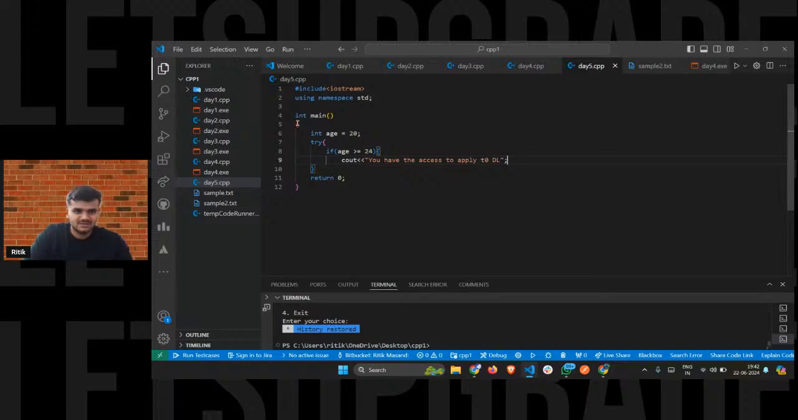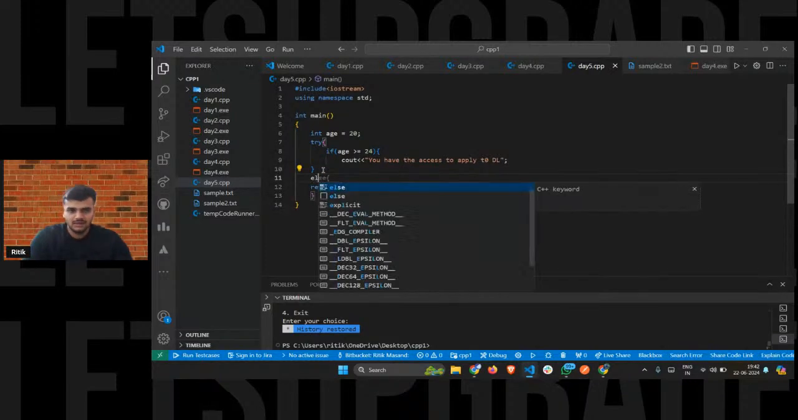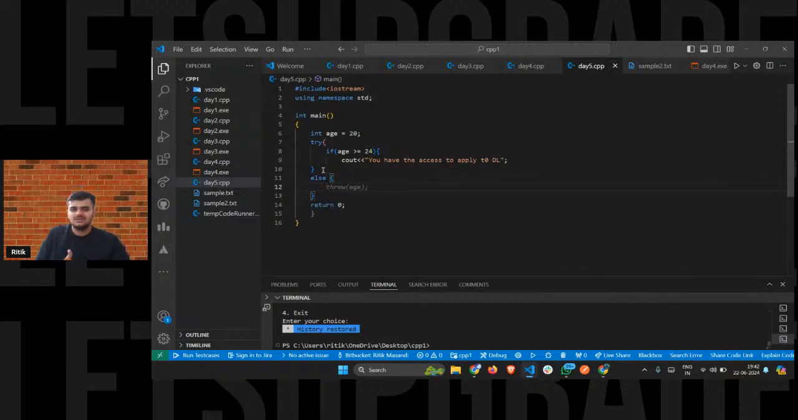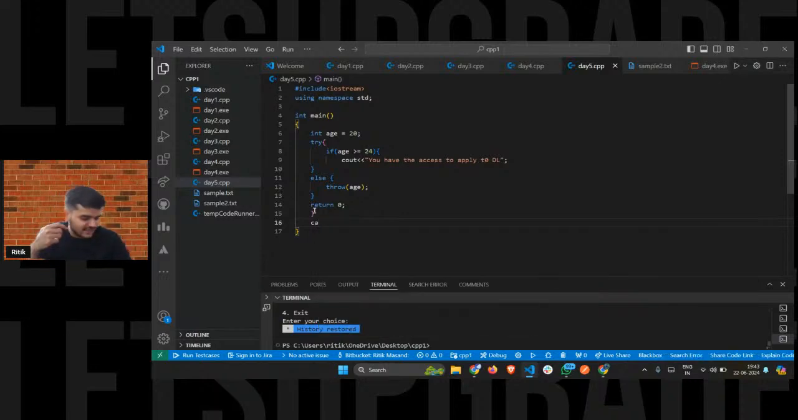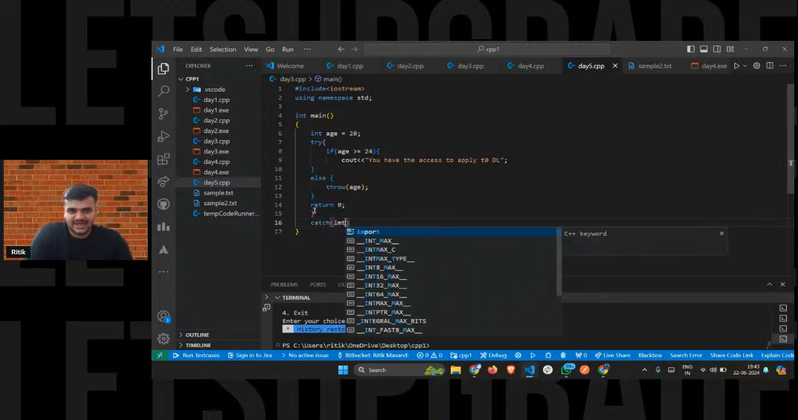right? Why is this coming here? Okay, this is a try block and this is the okay, right? And if I try it out in the else case, if let's suppose the age is not greater than 24, now I'll use a very important keyword. I'll say throw the age. And if I throw the age, I need to catch it somewhere. So if the condition or criteria is not met, I'll catch it in this block, right? I'll catch the age